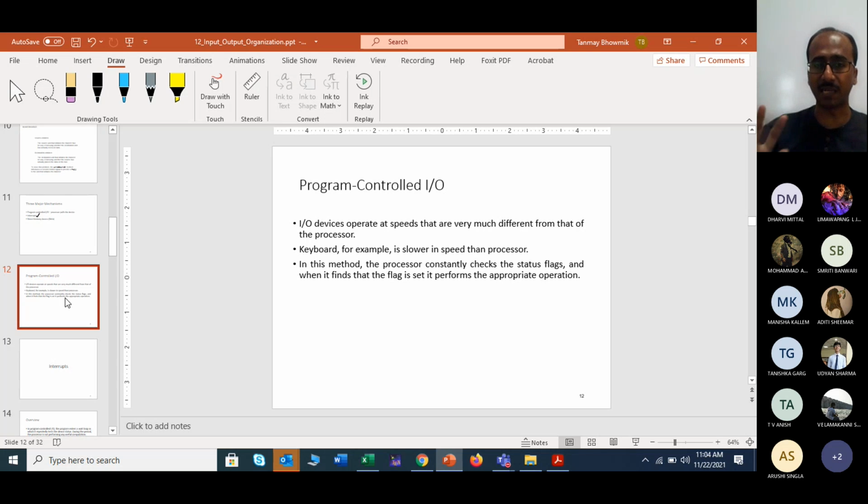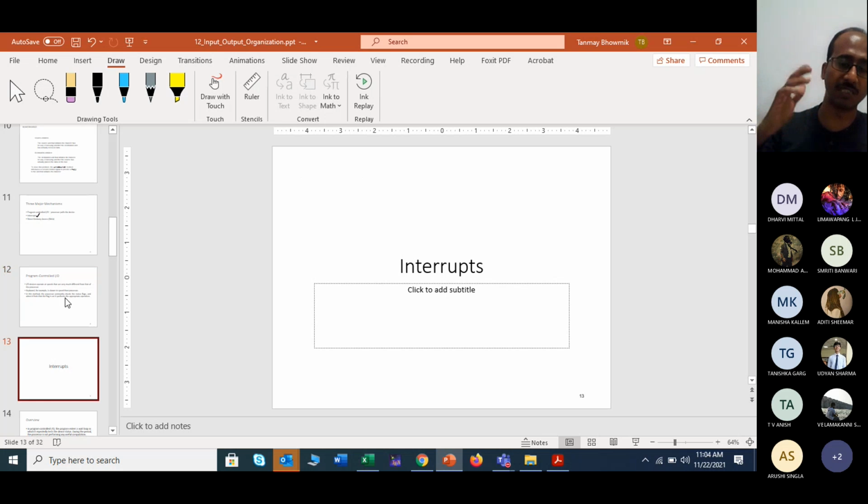These were only 3 lines I have written here. I have not made these slides too big. Program control IO, only 3 lines, but lots of things are there. You are just asked to think about what happens in case of program control IO. No need to read always. If you look around your system, your programs, and what you do in several projects and works, you will get almost every example ready in front of you in this course.